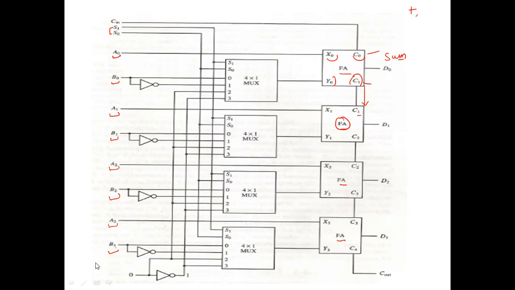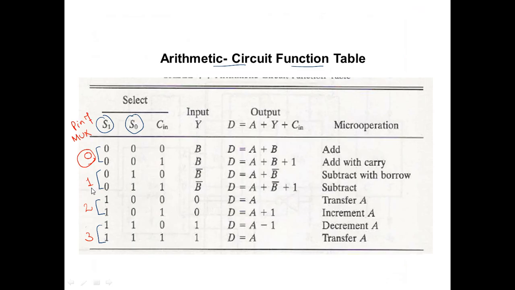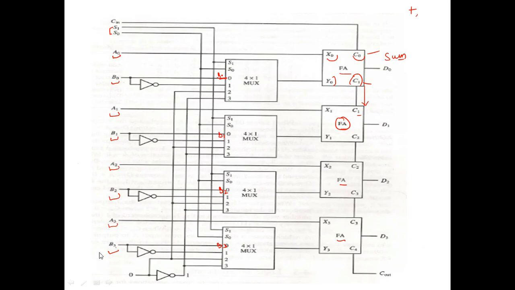So let's understand that. On the 0th pin, what I am having is directly the B0 value. Here also the B values B1, B2, B3, right? Similarly for the next. For the first pin, I will be selecting the complemented value. So let's select that. It will be like B0's complement. That's why we are inverting it here. That will come here at this first pin.